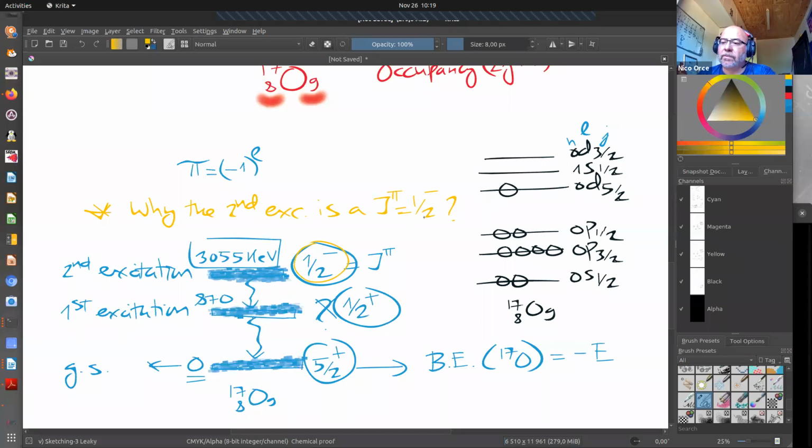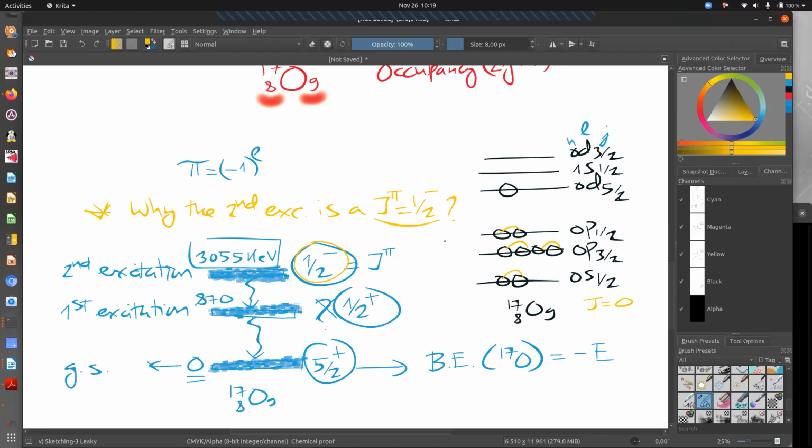You understand the question? Yeah, so why? Because we have yes. I think, okay, so since parity is negative, it's negative. Remember, another hint is that all these guys always couple to J equal to 0, right? Yeah. So I guess the reason for a second excitation is because of